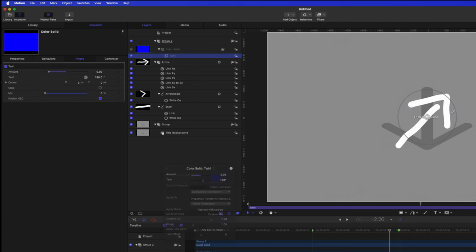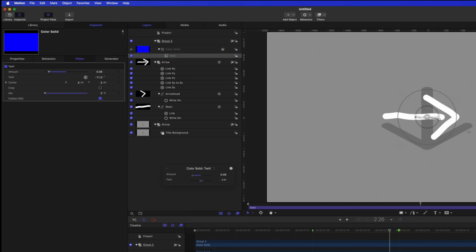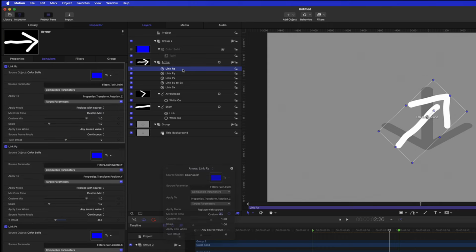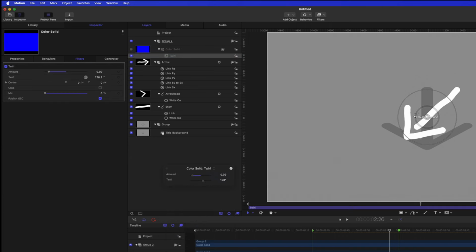Immediately rotates. Let's select the twirl and see how that works. Not bad, but again, I think we need to adjust the scale here. So I'll select the rotation RZ parameter, and let's try a value of something like 5. Then I'll select the twirl. And now that is more of a better correspondence, and I'll set it to its starting position about there. Great, so now we've linked up position, rotation, and scale to this filter, so we have a nice on-screen control